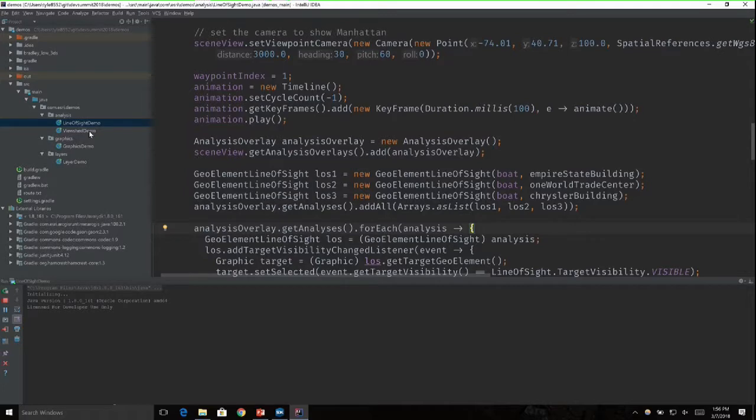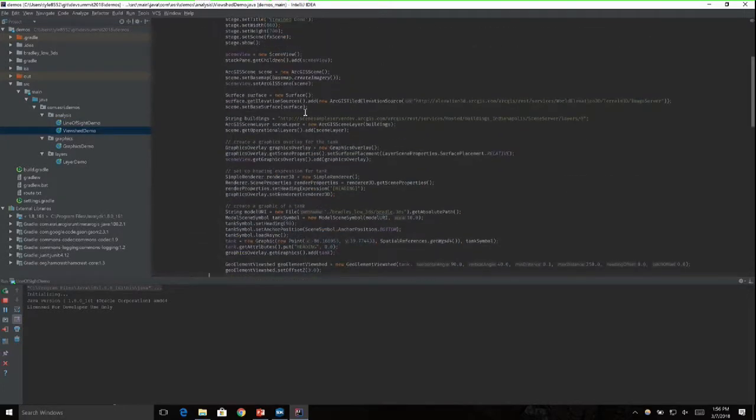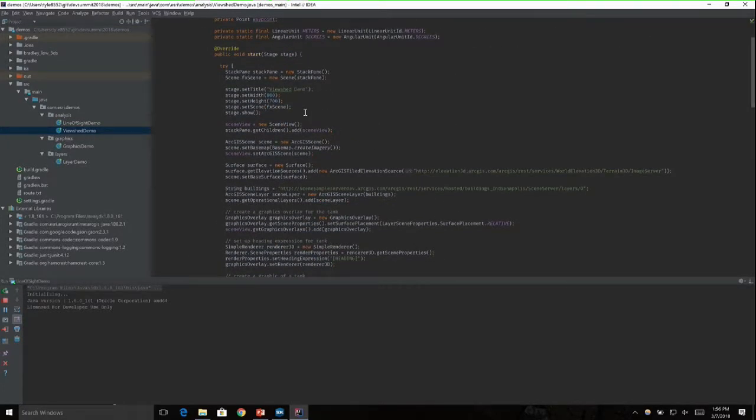The last thing I want to show is the other type of analysis, which is viewshed. Basically, this is if you had an observer at a certain location and then they have a certain field of view, and you want to see what areas of the scene are visible. So here,